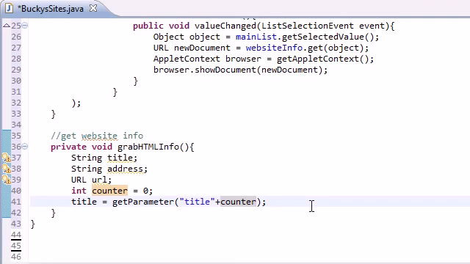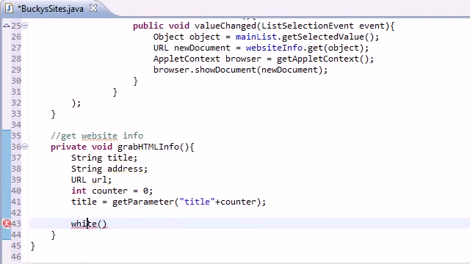So now, I keep talking about loops, loops, loops. Let's go ahead and make the loop right now. So while, not white, that's so racist. So while title is not equal to null,